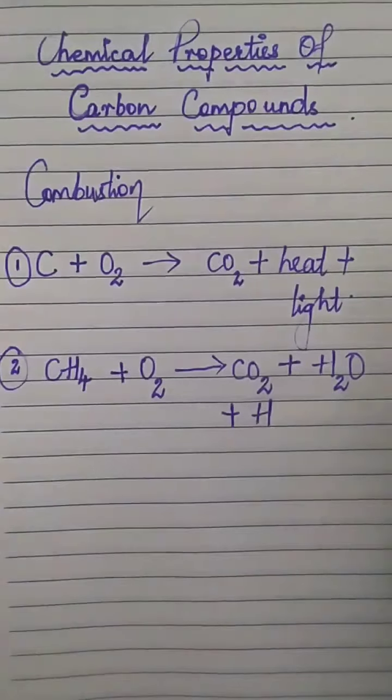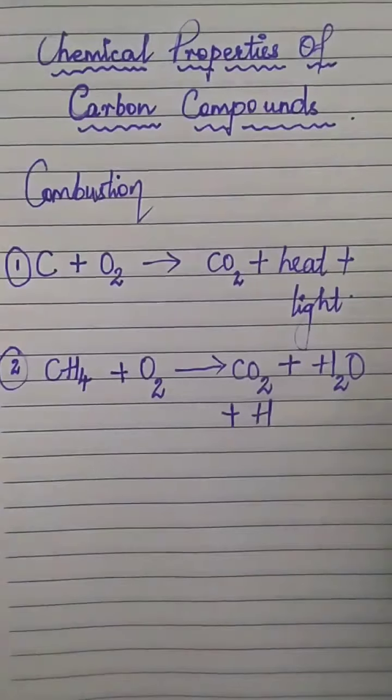Now we have to balance this equation. As we can see, this is not balanced. Hydrogen 4 here, hydrogen 2 there. So we'll put a 2 here, and oxygen will become 2 plus 2, 4. Here, 4 atoms of hydrogen, I'll put a 2 here, so hydrogen is balanced now. Let us look at carbon, 1, 1. Oxygen 2, and here you have 2 plus 2, 4. So we have to put a 2 here. Balanced. So this is the second reaction in combustion.